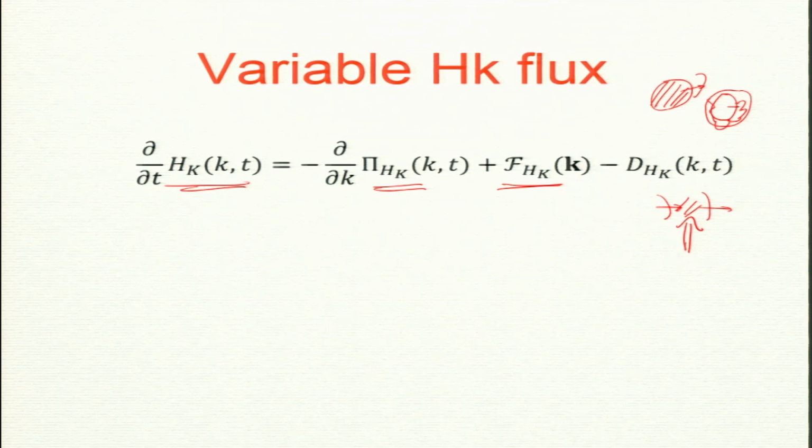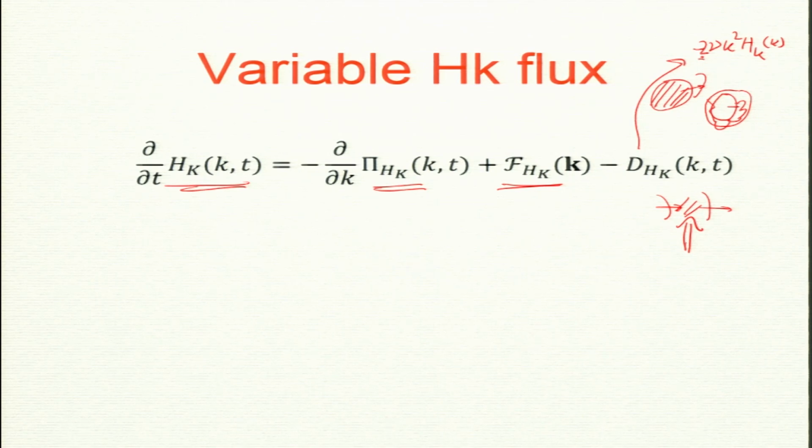And this one, in fact, I should say is minus nu k squared Hk, where Hk is helicity for shell k, okay. This formula for dissipation is very similar to kinetic energy. There is a 2, I believe there must be 2. So, shall we go back? Let me just look at it here. DHK, factor 2. So, there is a factor 2 here. Okay. So, it is like 2 nu k squared Ek.